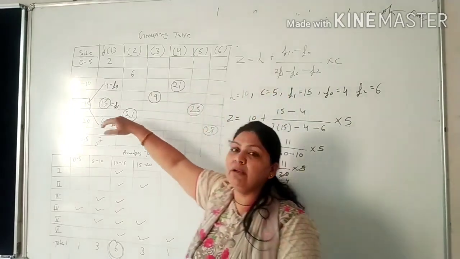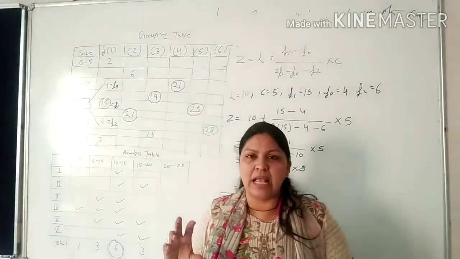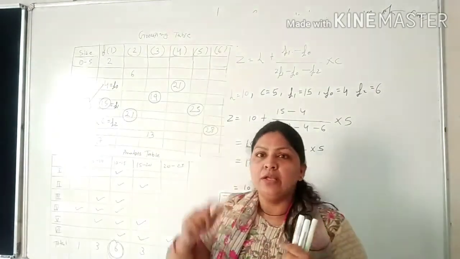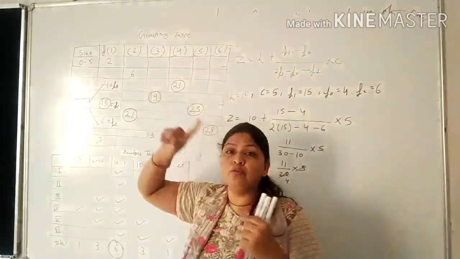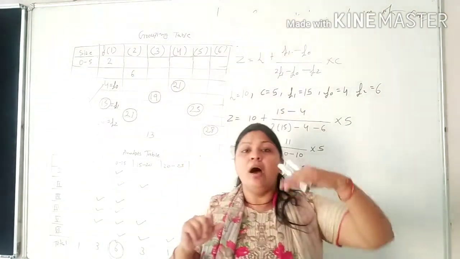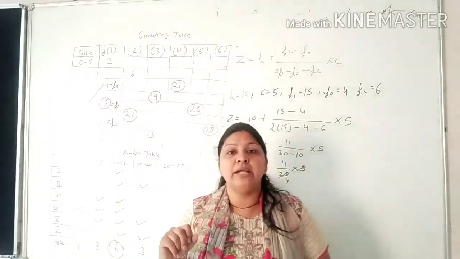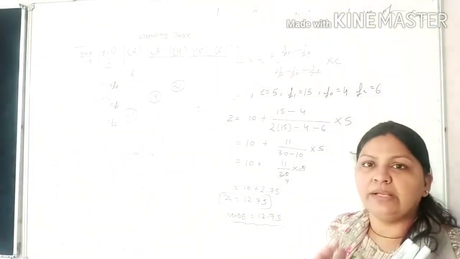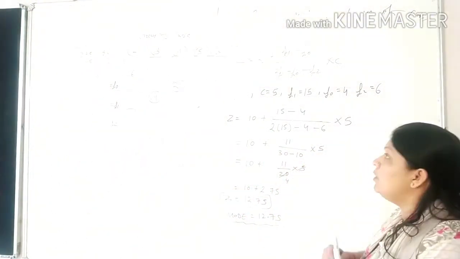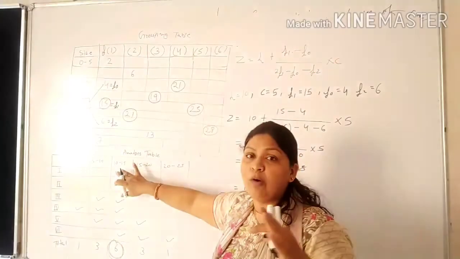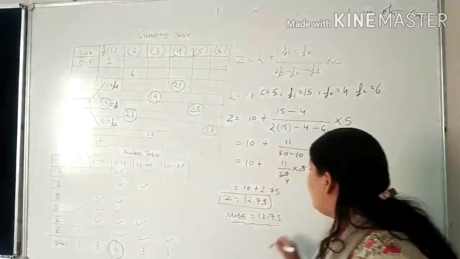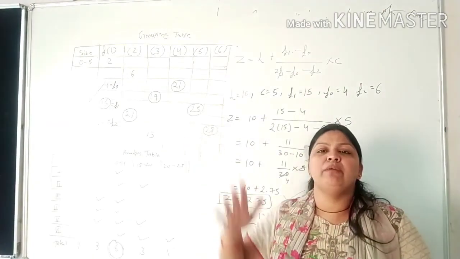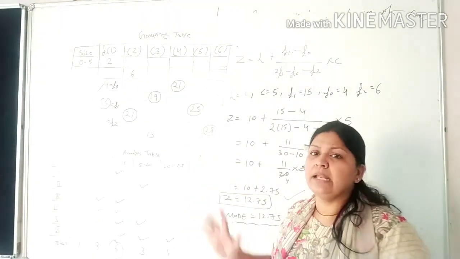F1 it means whatever you choose the class interval. आपने क्लास ग्रुप कौन सा चूज किया है? 10 to 15. So 10 to 15 is your उसका जो frequency that is F1, upon F0 or F2, and put the values in the formula and just find out the value. It's a perfect value. We can say 10 to 15 में हम observation में confusion था. Now we got the answer. It means 12.75 is the most frequent observation in this analysis.